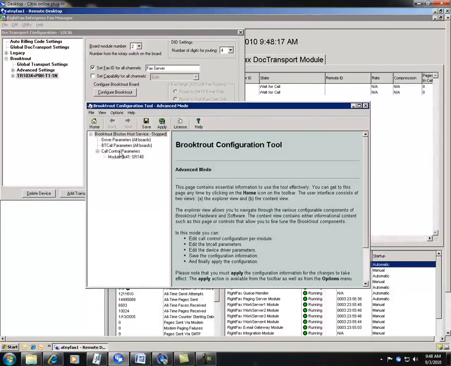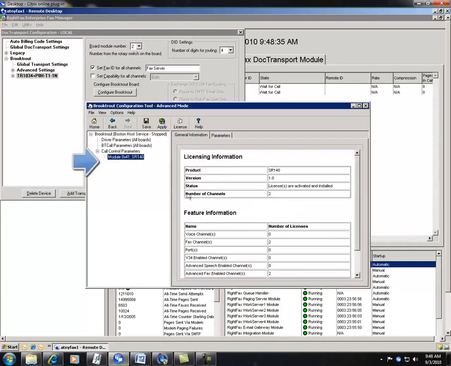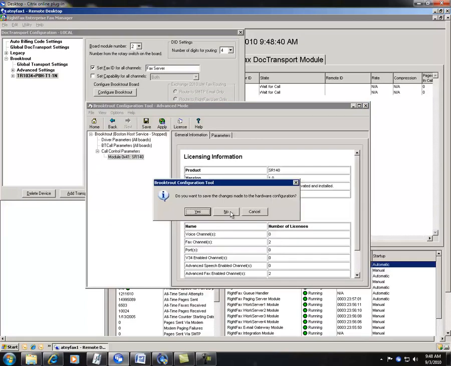Okay, so I don't have the card here because at this interface, it really is the physical driver. So without the card being inserted into the server, it won't show up. The card would show up here, but what I'm going to do is show you, we do have an SR140 interface here, and this is basically where you configure your fax over IP. But I do have an idea. Let's cancel out of here,